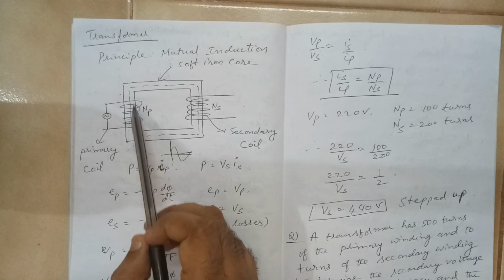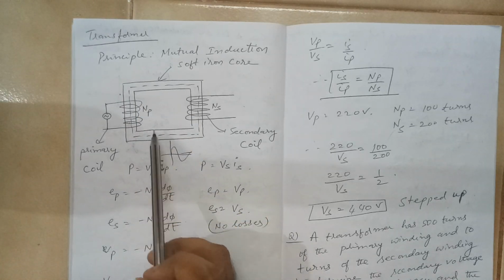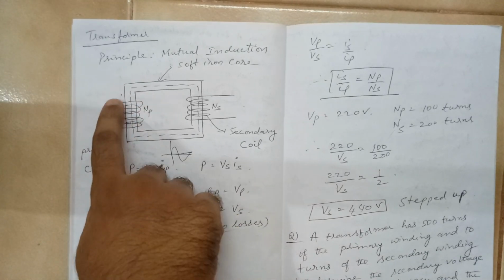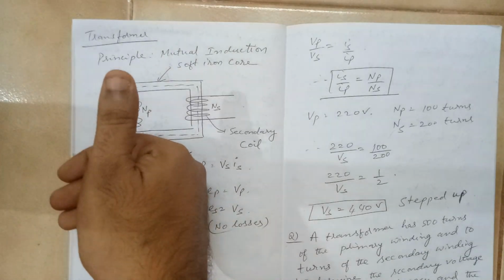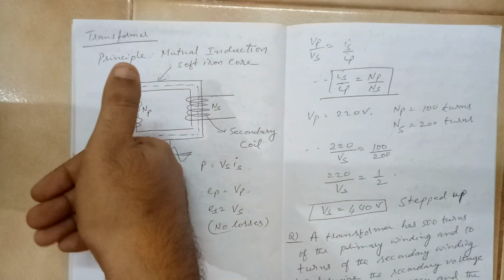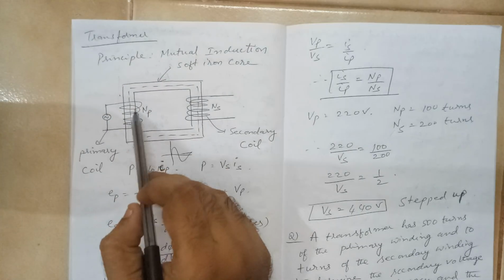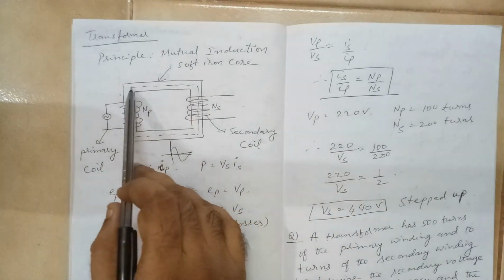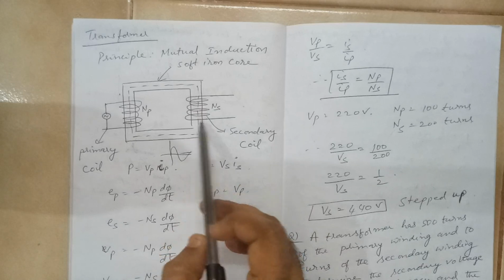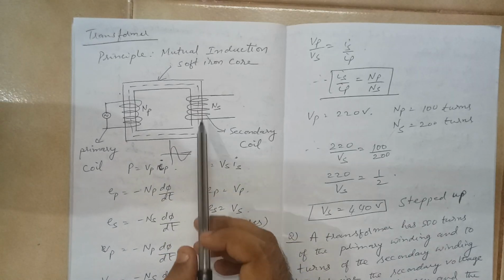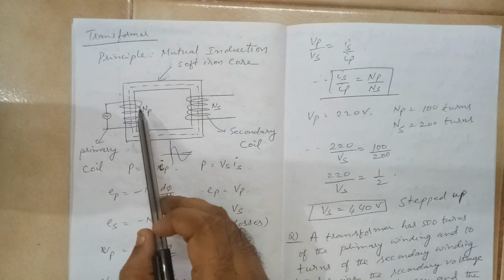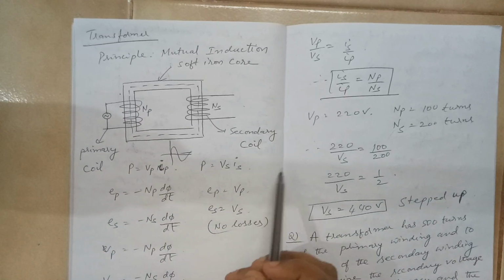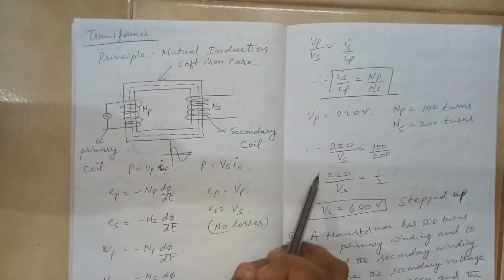Now the direction of the flux can be obtained by your right hand thumb rule. If the current passing is like this and the current is shown by the fingers, then the thumb is pointing towards the flux, so it will go like this, and it will enter these coils. Now when it passes through, we have seen by the concept of induction, there will be an induced EMF, right?